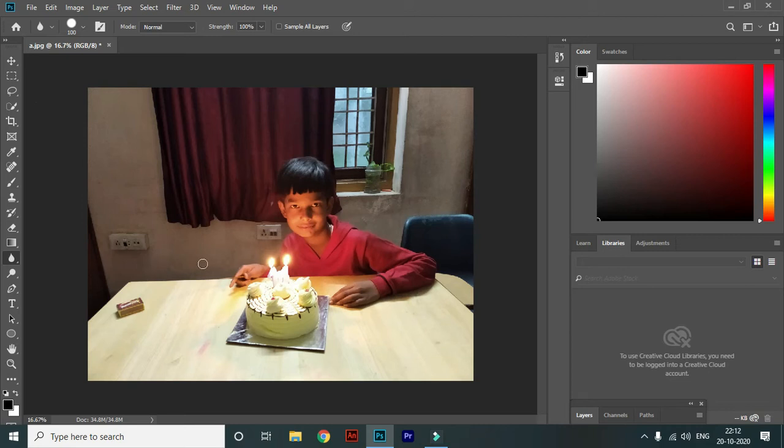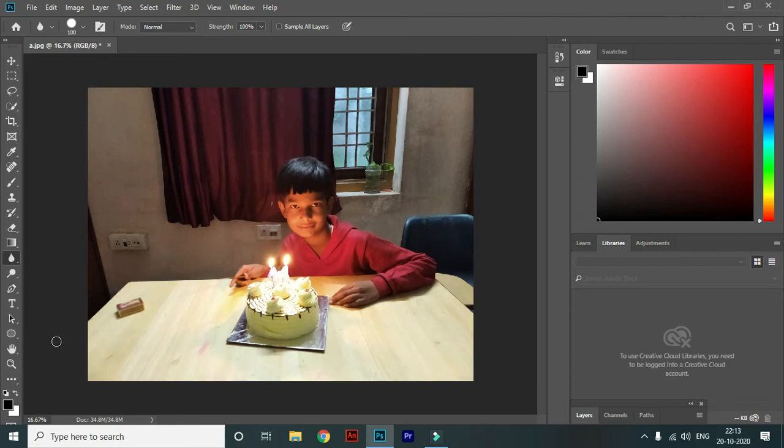Now look at this here. Now I am going to blur this matchbox. Now look at this. Now you can see the name on the matchbox is blurred like that. You can also blur another part of an image, like this.